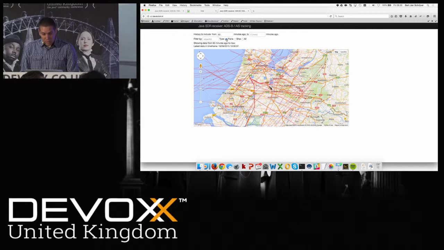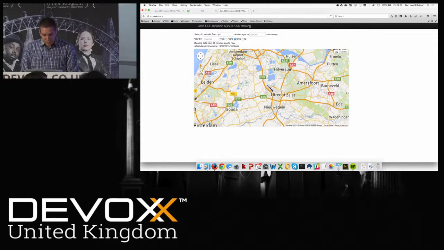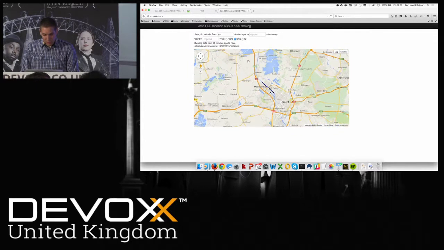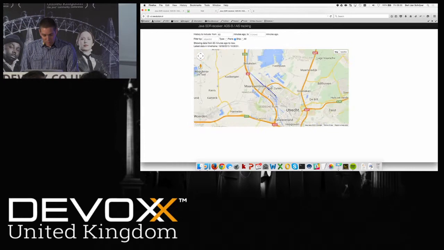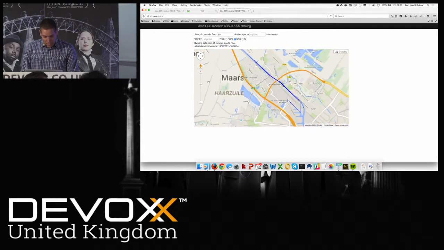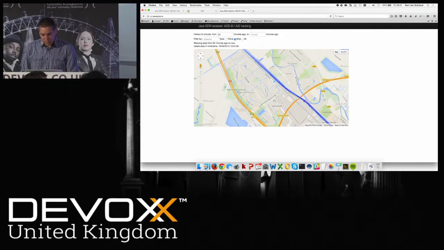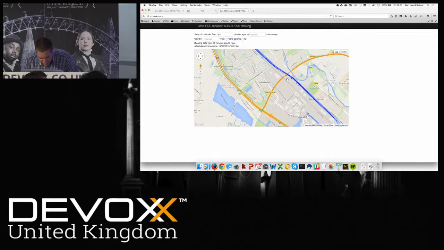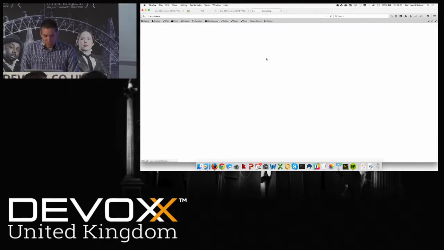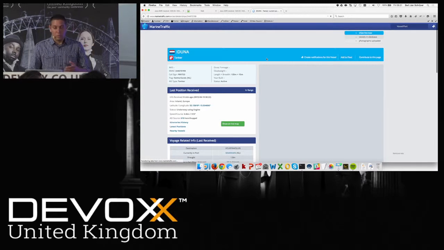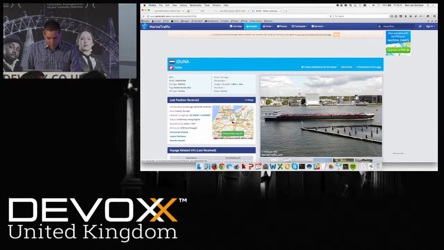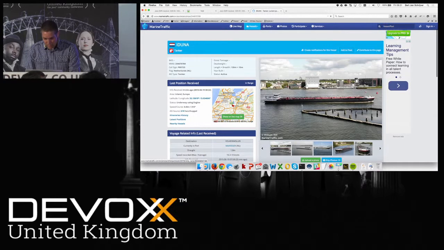So I can switch between just ADS-B data, where I see planes, or I can go to AIS data from ships, and I need to zoom in to visualize this. So this is the Amsterdam-Rijn Canal, which is a large channel going through the Netherlands, and you can see that there's ships over here. And this is actually from the past hour, so there are quite a few ships crossing there quite close to each other. I can look into some of these ships, and I will be redirected to a site that monitors marine traffic. So this is the Ijuna, which is a tanker which has just passed by my house.